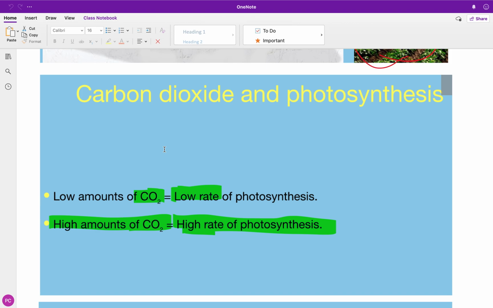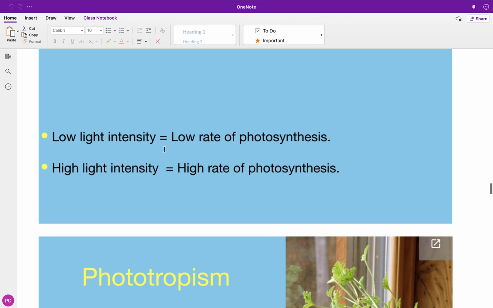So I'll give you something that releases loads of carbon dioxide, and the plant that you're using should photosynthesize nice and quickly. So low CO2, slow photosynthesis. High CO2, loads of photosynthesis. Okay. Same with light. If you have low light intensity, in our case, if the lamp is far away,